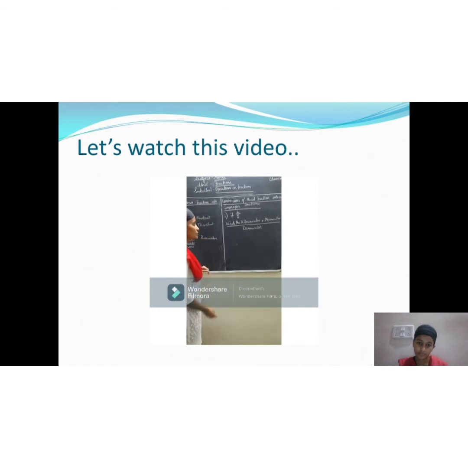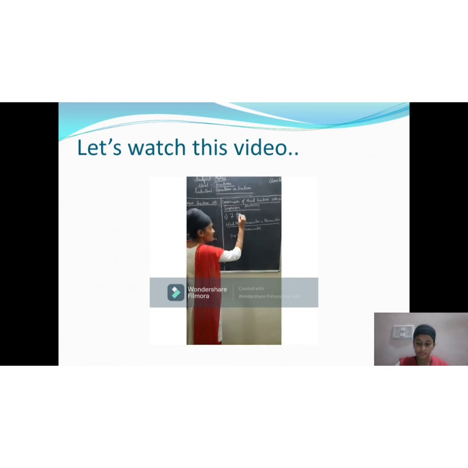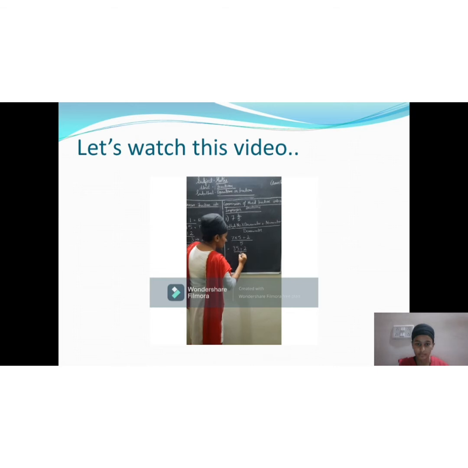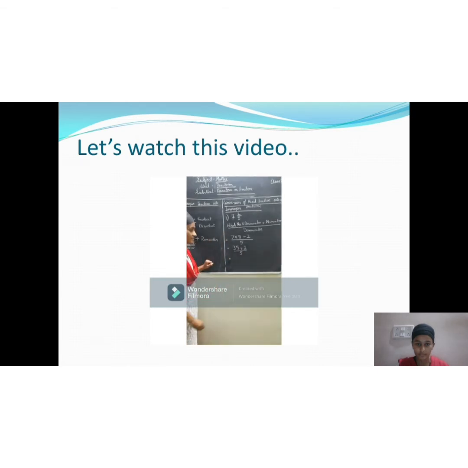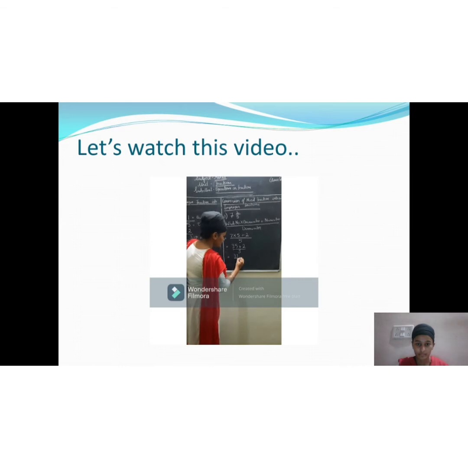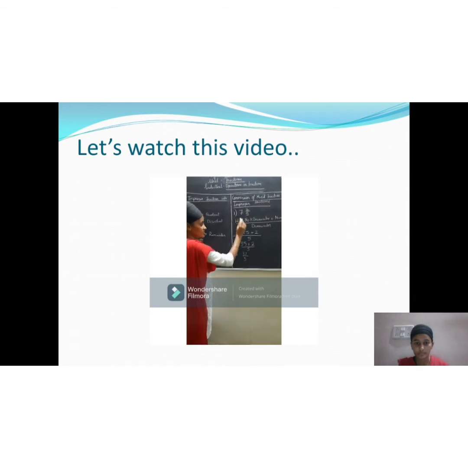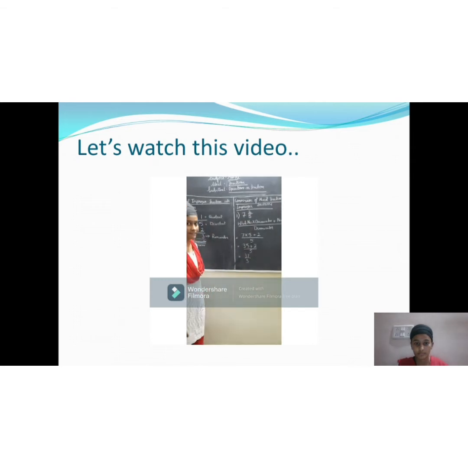Now let us see how to solve this sum. So 7 into 5 plus 2 upon 5. Okay, so 7 5s are 35, right, students? Plus 2 upon 5. 35 plus 2 is how much, students? 37, right? So how will you convert it? From 7 2 upon 5, that was a mixed fraction, you converted into an improper fraction, that is 37 upon 5.